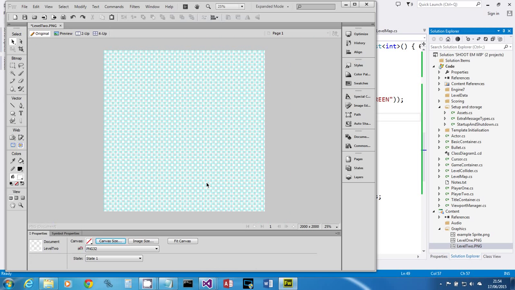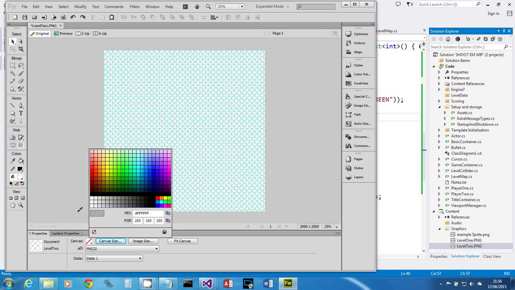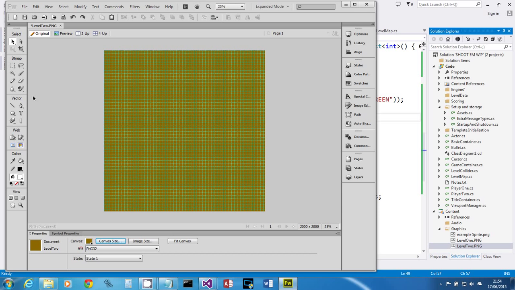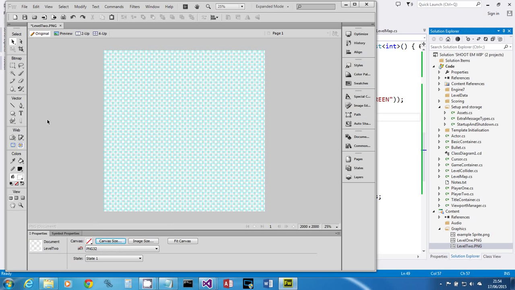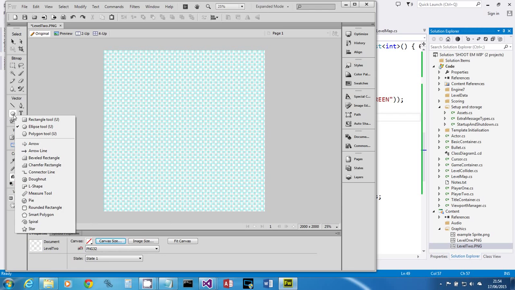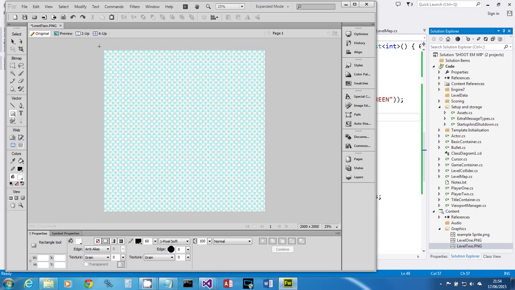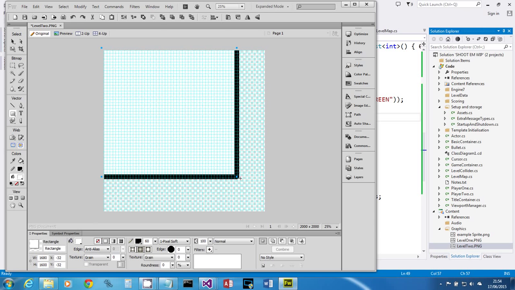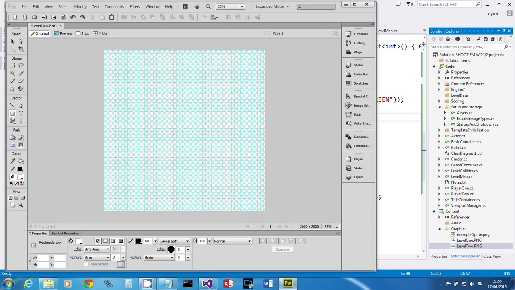And again, it's up to you how you draw these. So I'm going to use a brush. I'm going to set my canvas color first. So let's have a desert. Yeah, I know it doesn't look much like a desert, but it'll give me the illusion. So in fact, what I'm going to do is set the canvas color back to transparent, and I'm going to draw a rectangle using the rectangle tool, covering the whole. Oh, I'm always doing things like that. Let's just delete that. Covering the whole